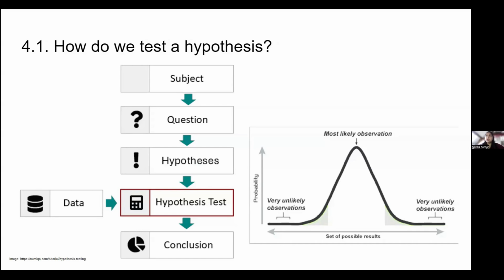And only then can you make a conclusion. Like here, with the hypothesis test, we saw it in the bell curve earlier. You make a bunch of tests, and it's likely that your observation falls somewhere here, and it's unlikely, like Cecilia explained earlier with the weight example. It's very unlikely that there are people who weigh, I don't know, 400 kilos, as compared to a normal 50 to 100 kilos. So of course, those are very unlikely observations.